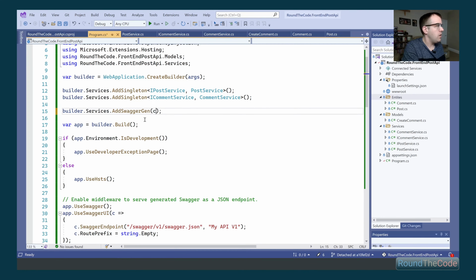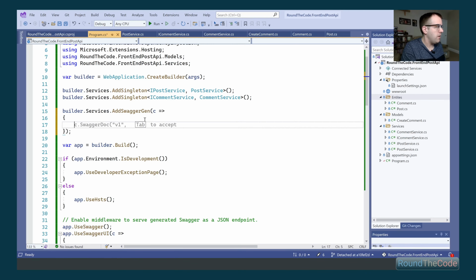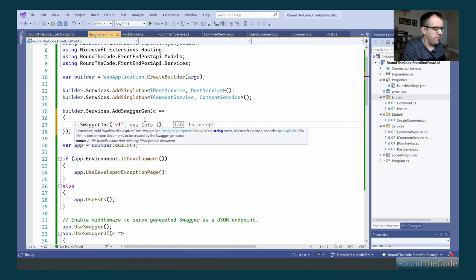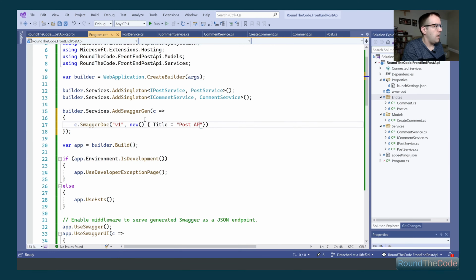First of all, we need to make just a few changes to Swagger. We need to add a Swagger documentation. We create a new instance, we need to give it a title and a version, version 1 we'll call it.